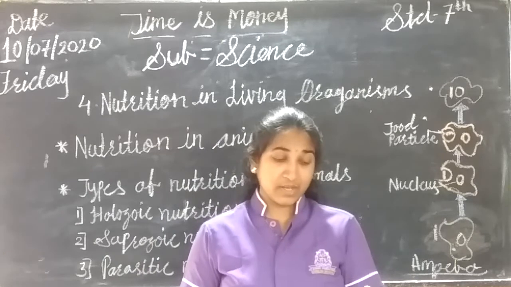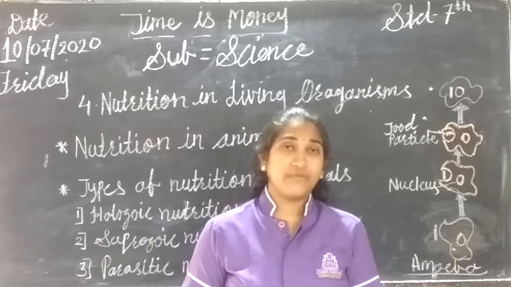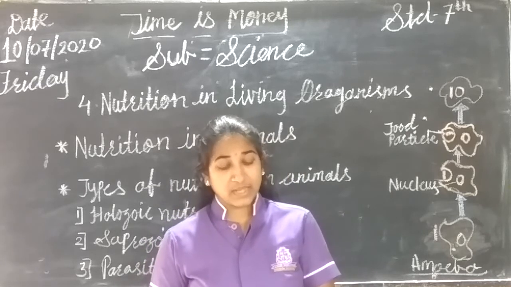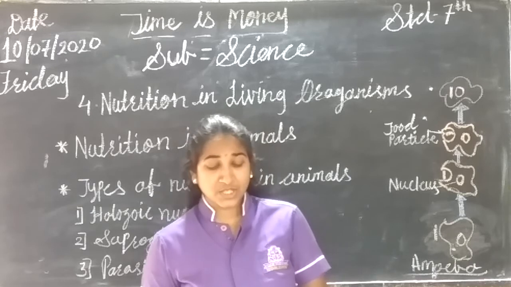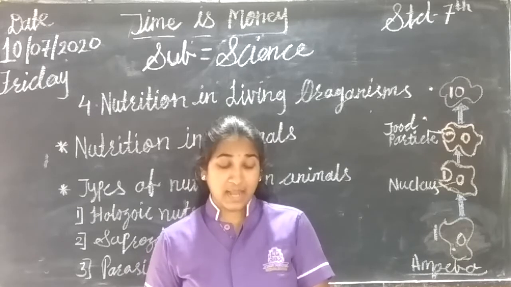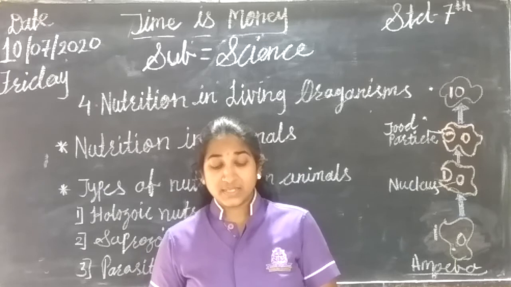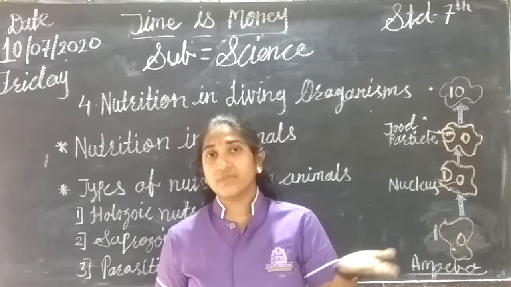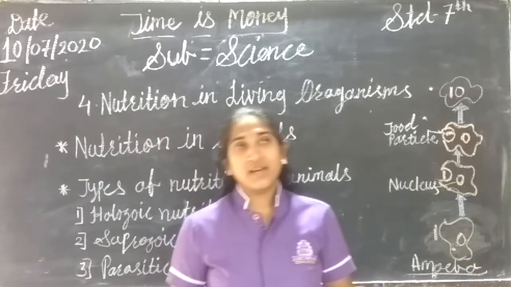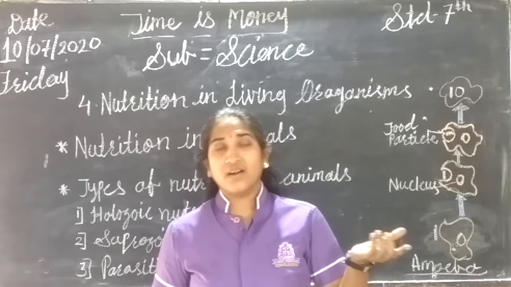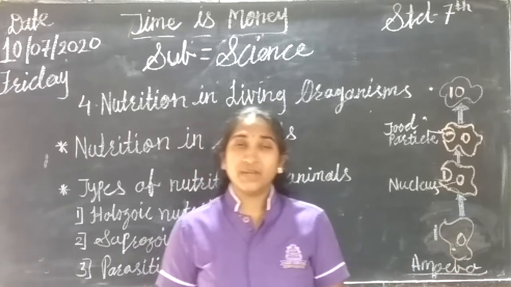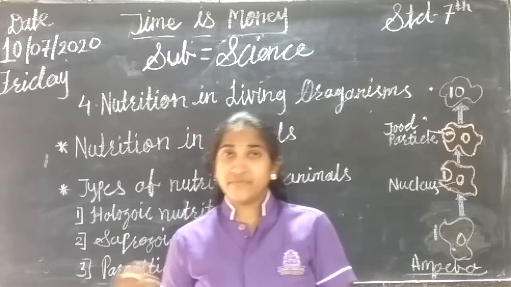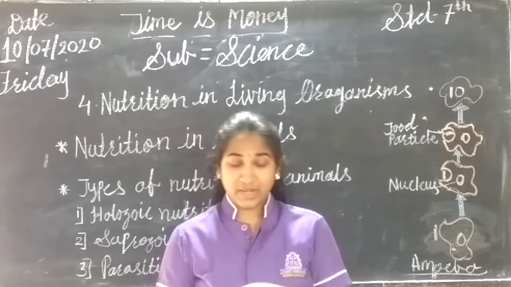Then page number 31. Observe the animals around you and complete the following table. Now you can observe this and complete it. You must have observed that there are different methods of ingestion of food in different animals, like swallowing, chewing, sucking, scraping, gnawing, etc. Other animals have different habits of taking food, like cows are always chewing, mosquitoes suck our blood, right? All the other animals have their different ways of taking food.